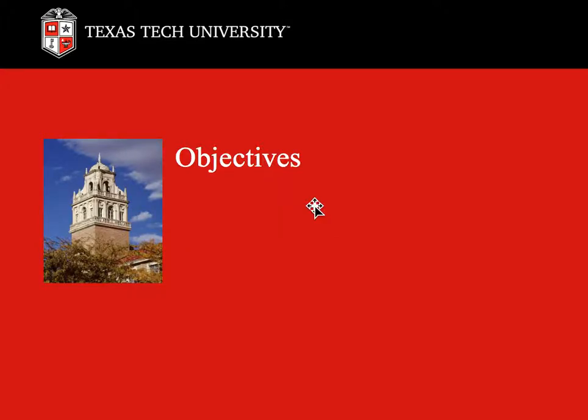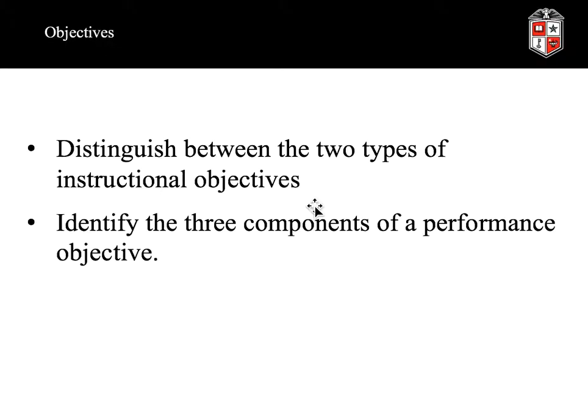So we are going to talk about how to write objectives. When you write your objectives for the assignment, it will be performance objectives, which is an overarching objective. But we're going to talk about how to do that, and we'll also talk about what enabling objectives are. Enabling objectives, again, will just support a performance objective, and you won't have to write any of those for the assignment. So we will distinguish between the two types of instructional objectives and identify the three components of a